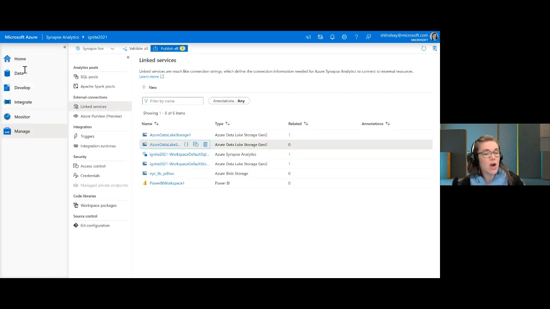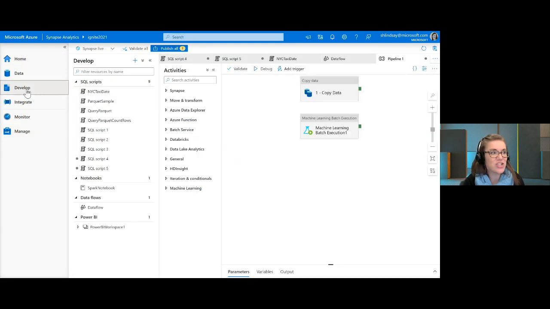All right, so we've now gone through each of the items in Synapse Studio, and now we're going to bring this all back together. What we're going to do now is use the data that we've pulled together so that we're actually creating actionable insights, making sure that this data is accessible and useful to the people that are making decisions. So I'm going to jump back into the Develop tab.